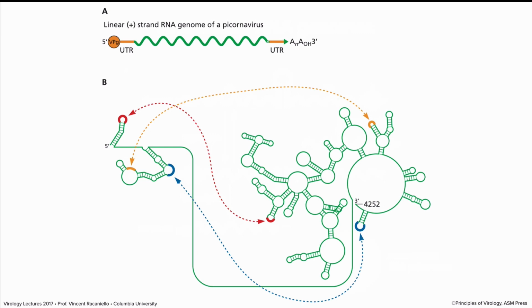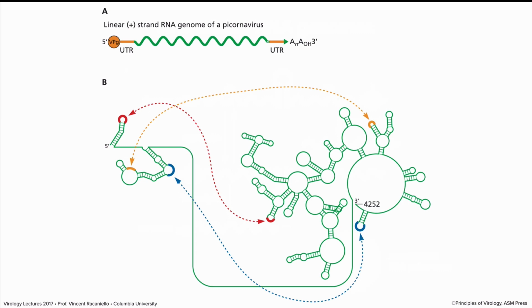Now, I've been showing you RNAs as little squiggles of different colors, but that probably doesn't look anything like an RNA does in a virus particle. It has extensive secondary and tertiary structures. So here on the upper left is how I've been drawing most of these viral genomes, but people have been studying these in a variety of ways for many years, and it's quite clear that they look different. They have a lot of structures. And here at the bottom is an RNA of a plant virus where the long-range interactions have been dissected. So you can see, first of all, there are these stem loop structures throughout the RNA.